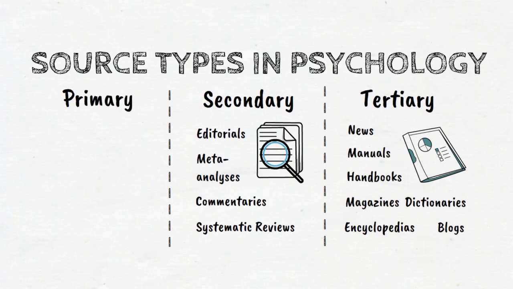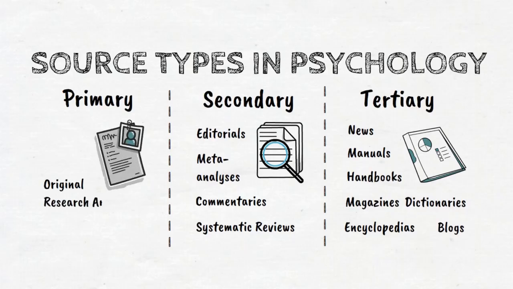A primary source in psychology is one that provides direct evidence or data to answer a research question, such as an original research article, the data itself, surveys, or the test or measure used to collect data. These sources can be tough to identify and understand, so we'll break them down in this video.